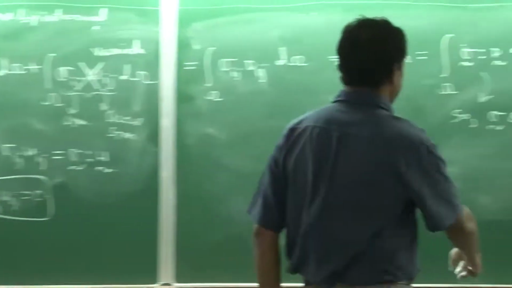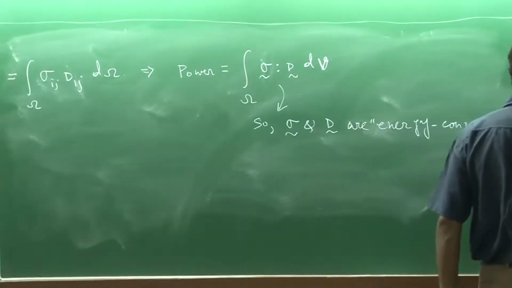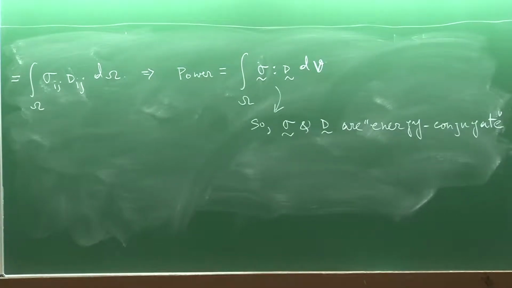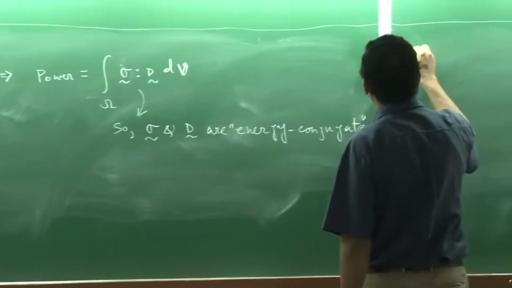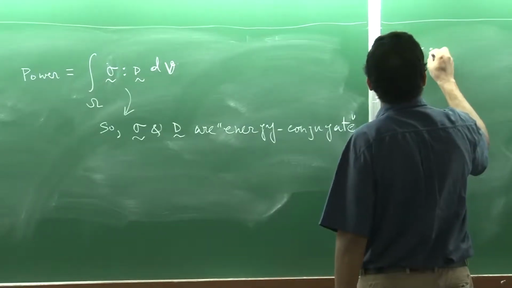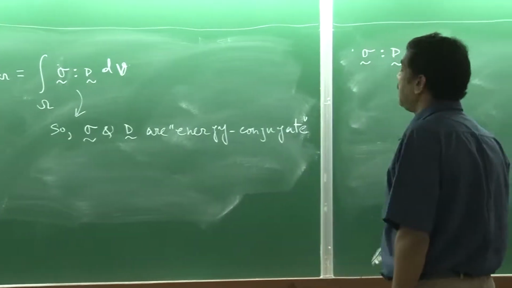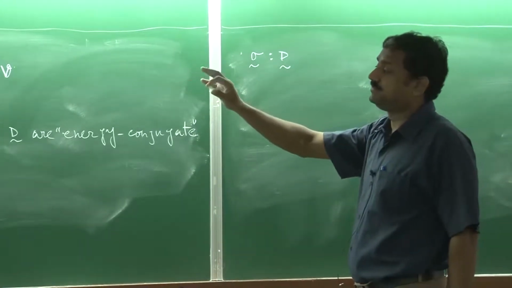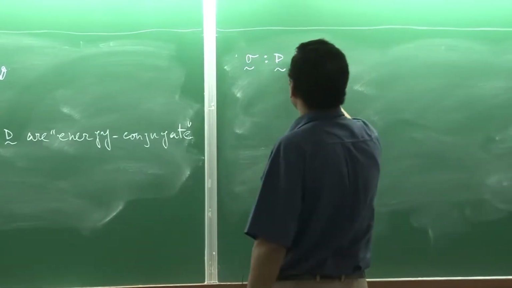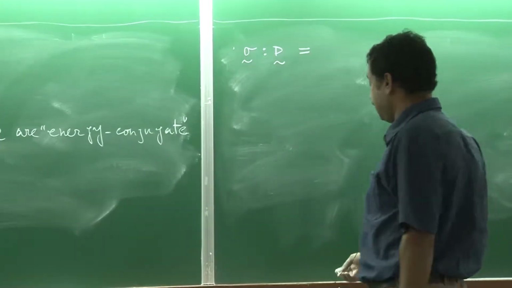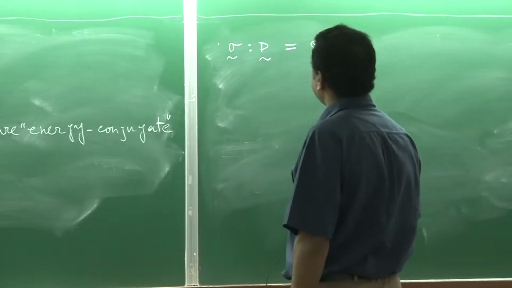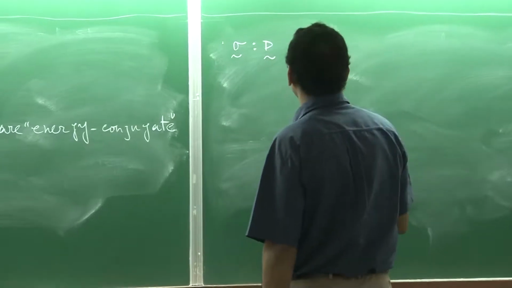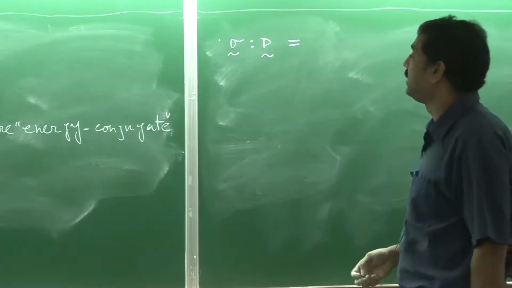So, now we have understood this, but there is another thing I would like to tell you, which will extend the energy conjugacy. You see that P power rho sigma dot tilde, this is the stress power, right. Just for the time being, I am dropping the integral. So, they are energy conjugate, but what is sigma? Or maybe we can write sigma tilde, that is fine. Okay, let it be like that. But what is sigma? If you can recall sigma,